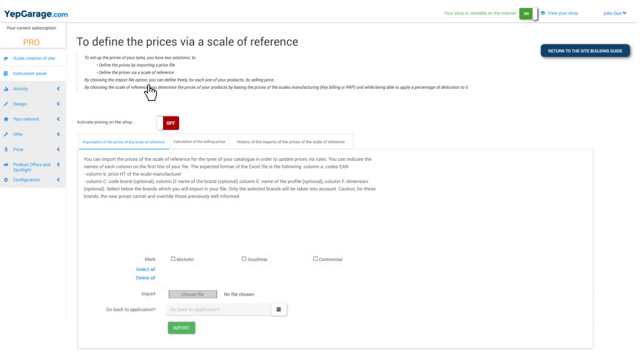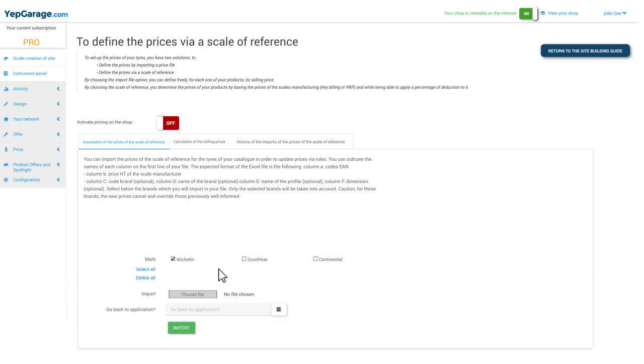You must then specify the brands which you will update starting from your Excel file. The whole of your brand catalog is displayed. You must select those which you wish to update with this specific price file when you import your Excel file. Any non-selected brand will not be updated, even if you put products relating to it in your Excel file. If you wish to update the pricing for a certain brand, for example the Michelin brand, click on Delete All or Deselect,